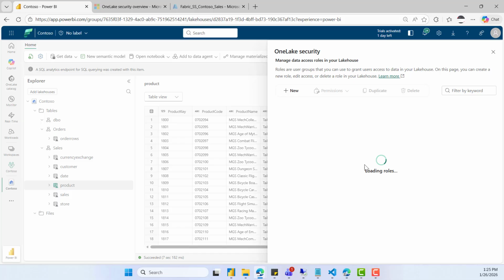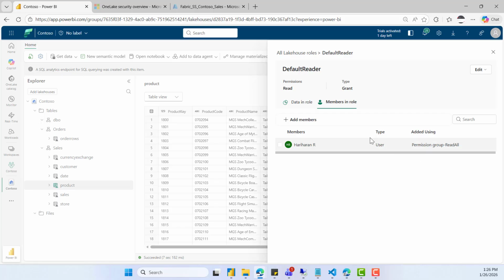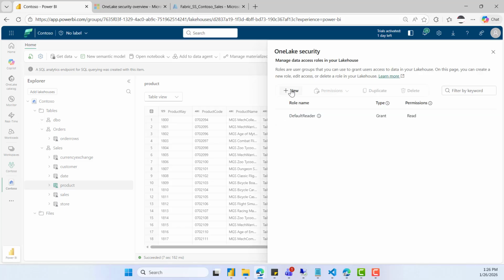We'll try to create one. There is one role by default, which is default reader, where you can see all the schemas that we have in the lakehouse and the members assigned to this role, right? By default, the user who created this lakehouse would be the member of this role. Since we are going to create a new role, we can go back and choose this option,